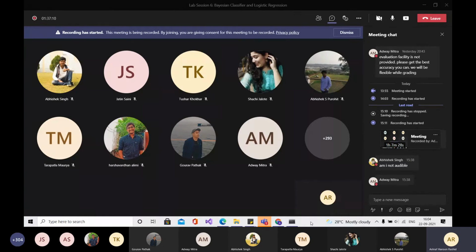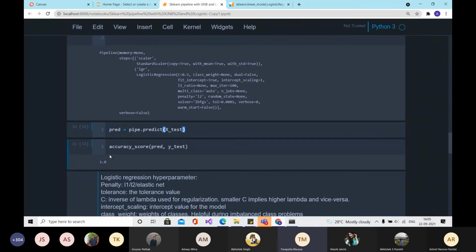Yes, guys, anybody having any issues or anybody would like to share their results or any other doubts they might have? With the previous pipeline function also I'm getting accuracy 1. In the test set? The previous function where we used the default parameters of the logistic regression.